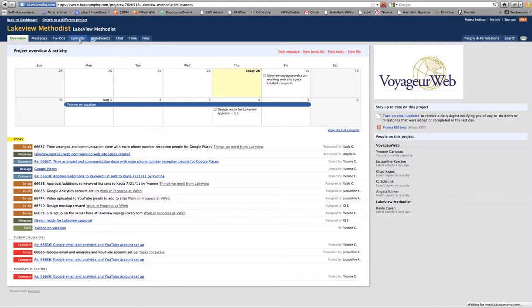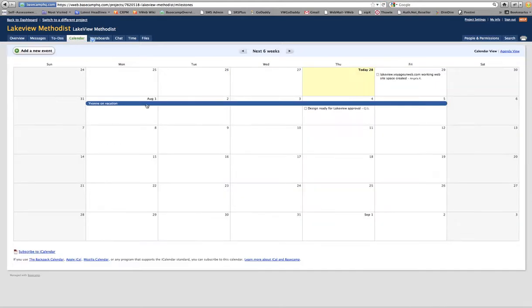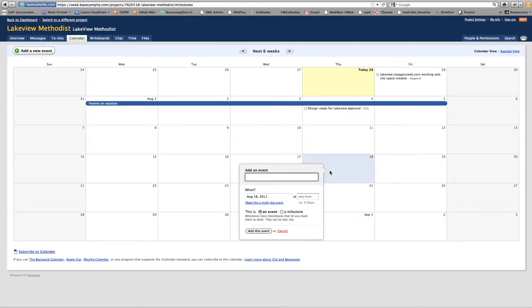I'll click on the calendar here and show you that. On the calendar, the blue things are events. These are milestones, as you saw on the overview page. And I can click right on a day and it'll pop up a little box where I can enter the